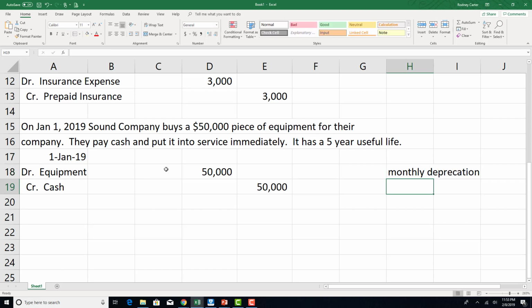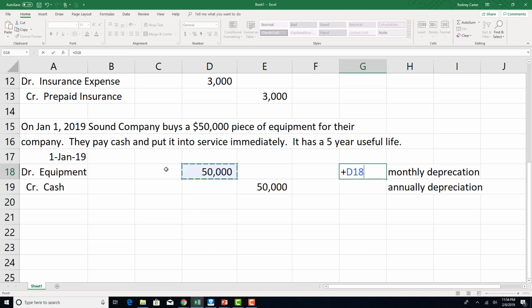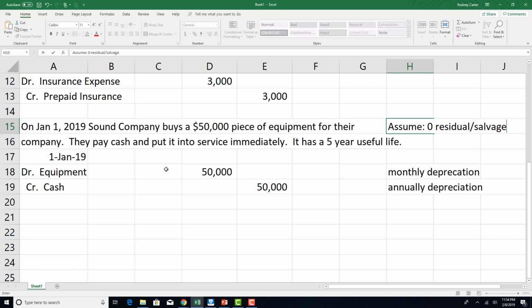depreciation has to be recorded monthly, not annually. It can be trued up and perfected on an annual basis to make sure everything was correct in the year, but this should be done on a monthly basis. If I were to find the monthly depreciation, oh, and I need to make one more note. We assume for this example a 0 residual value or salvage value. We don't deal with salvage value in the 3 depreciation methods until a later video, but